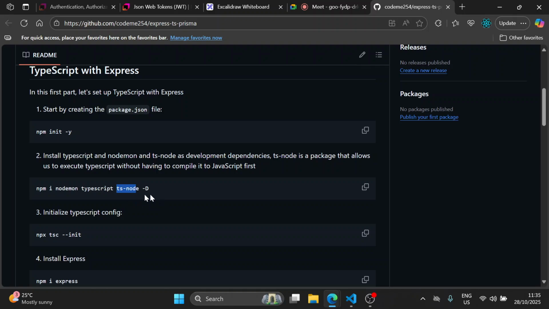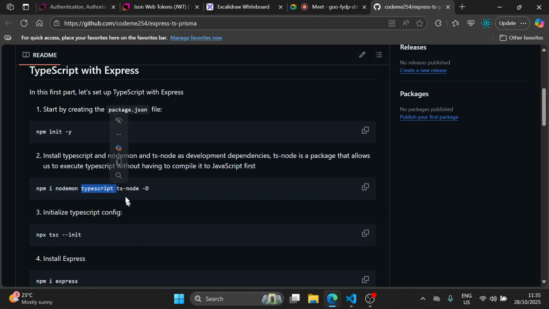So this ts-node tool basically allows us to work with TypeScript without having to convert it to JavaScript. Remember, we said the workflow for TypeScript is that you write your code in TypeScript, then use the TypeScript compiler to compile it to JavaScript, and then execute the generated JavaScript code using Node or the browser or whichever tool you want, as long as it has a valid JavaScript engine. So you want to run npm install, and then the first tool is Nodemon,